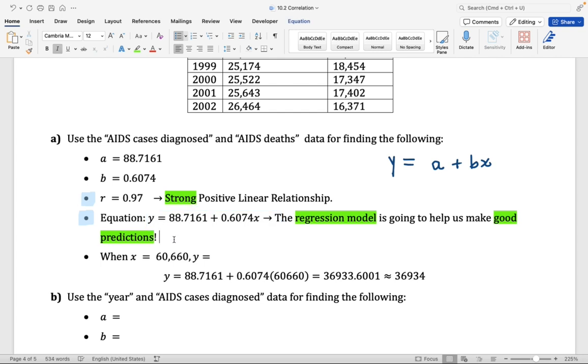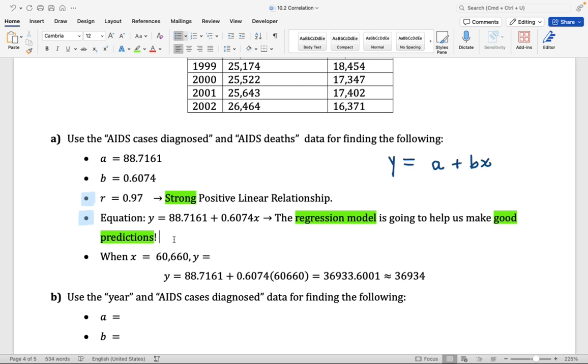So oftentimes, when you're working with real data that you have collected, you're going to create a scatter plot. Looking at the scatter plot can help you anticipate if you're going to have a strong linear relationship. However, we do want to find the R value. The R value is going to indicate whether we have a weak, a moderate, or a strong relationship. If you see that your R value is really close to 1 or -1, again, that means that we have a strong relationship. That means that if we come up with the regression model equation, that equation is going to help us make good predictions. We're going to be really confident about the predictions that we're making.